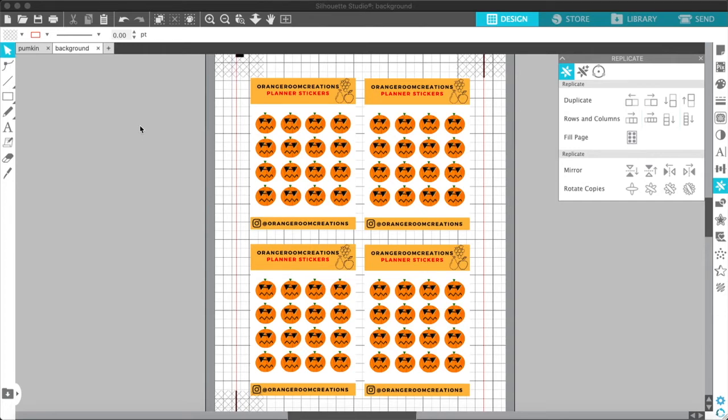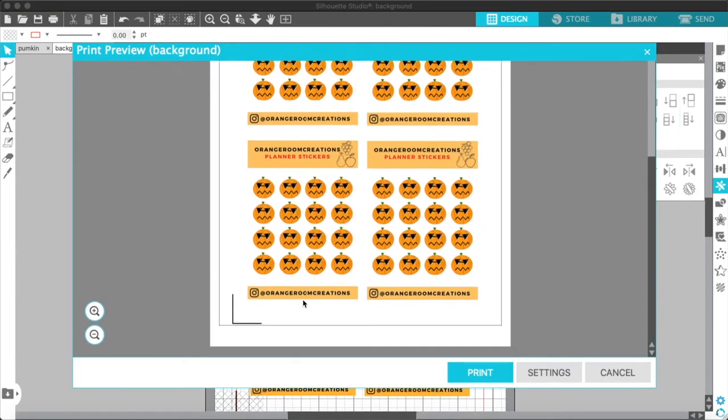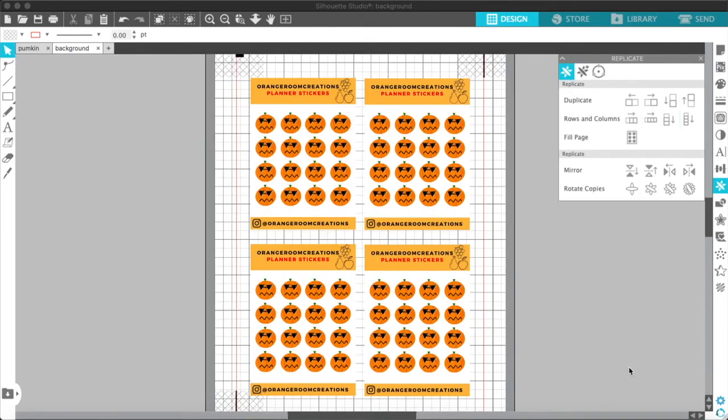So if I go to print over here, it takes a while to load sometimes. As you can see, it takes up all of the sheet instead of part of it. So you're making the most out of what you have. All right. So now that that's done, if I go to send,